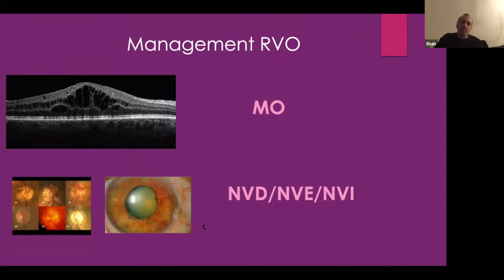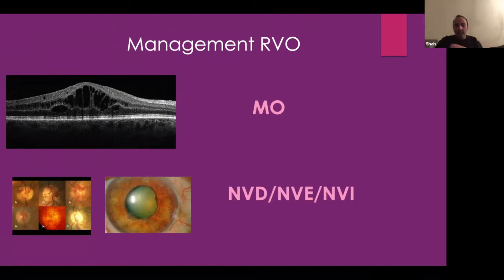So this is quite a late presentation, and the pressure might be normal. Just because they have NVI, that doesn't mean that they have high pressures. High pressure develops when the abnormal blood vessels clog up the trabecular meshwork. For those of you who can do gonioscopy, looking for NVA, so new vessels in the angle, would also be quite useful. Then you dilate, look at the back, you check for macular edema through an OCT, and then look at the disc. NVD means really bad ischemia, so that often means urgent referral.